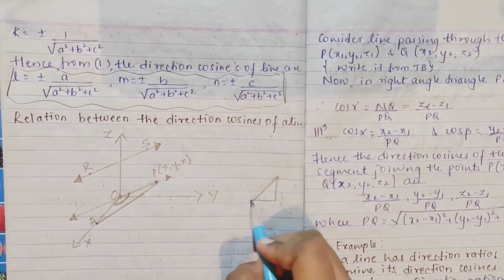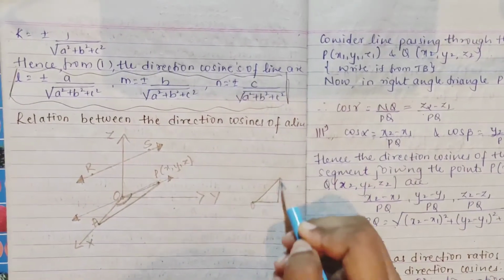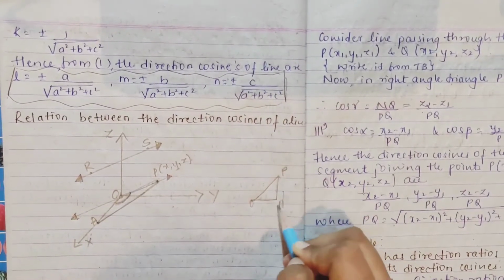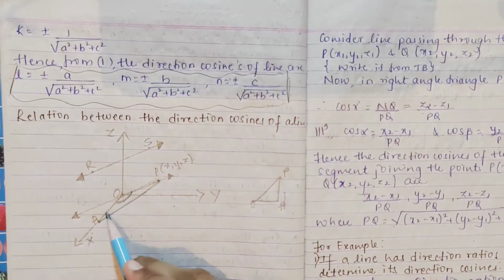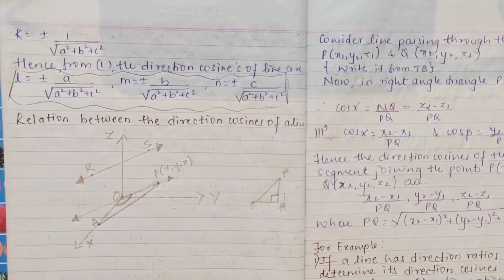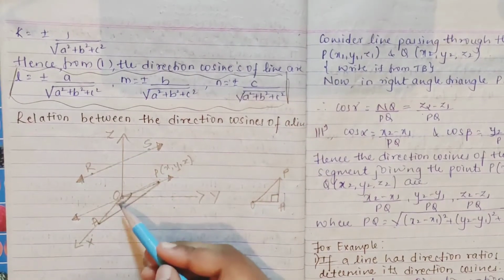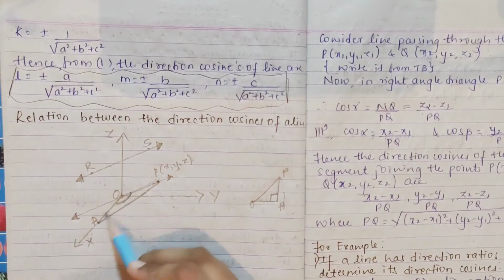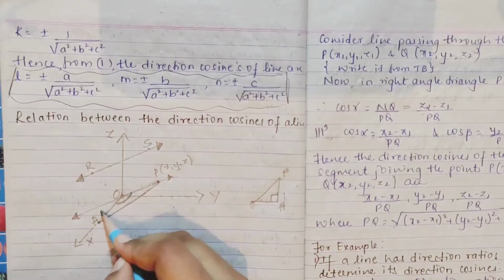Okay, you are getting a right angle triangle, like your OPA. Okay, like this it is your right angle triangle. Here you'll get your right angle. So like this you'll get. So your OA is what? OA is the base, right? And it is on the x-axis, so we take it as x.